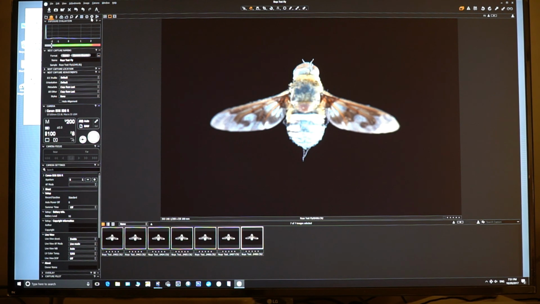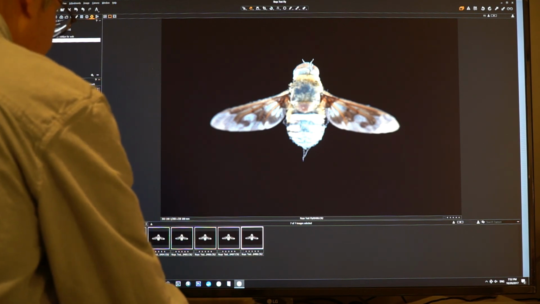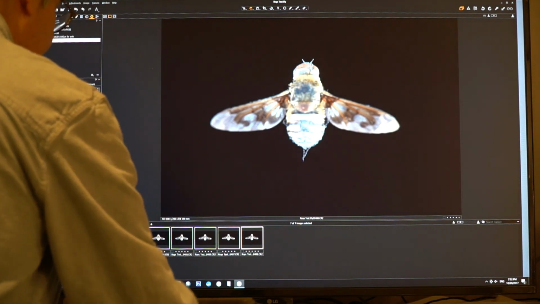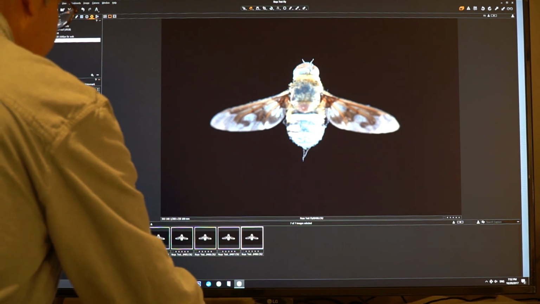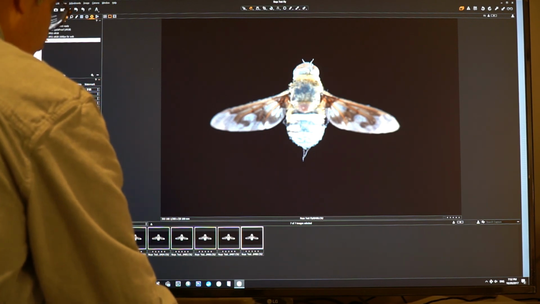I'm going to go into my process mode, my output mode. Let's see, I'm going to put it into a subfolder called Black Fly. And I will rename this capital B, FLY, 100mm,